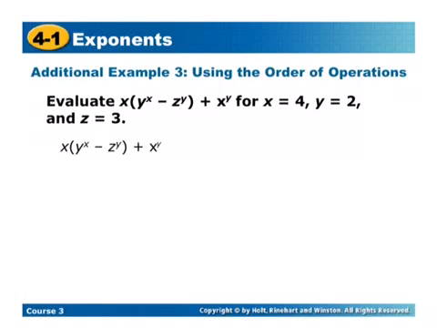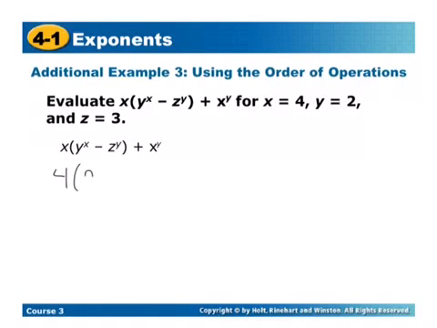Now let's use an example of using the order of operations. So here we have x times y to the x minus z to the y plus x to the y, for x equals 4, y equals 2, and z equals 3. So here we're just going to go ahead and substitute in our values. So x is 4,